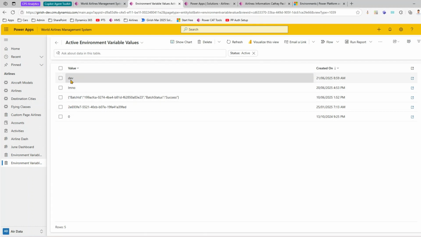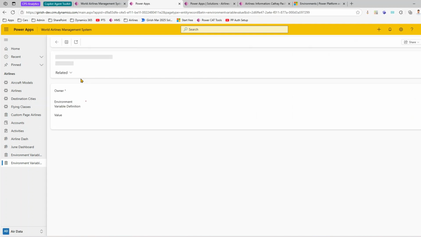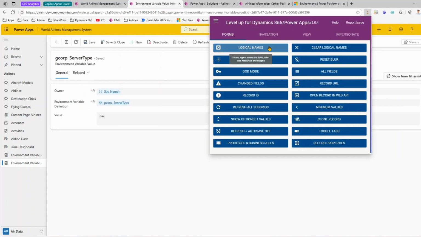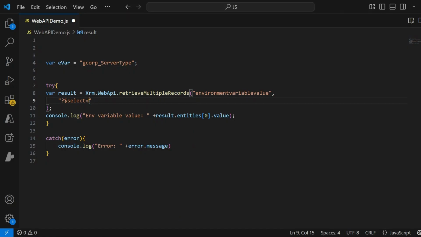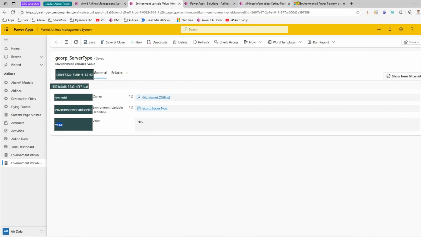Now if you see this value, if I go inside say this record, and if I use the level up tool, I can see environment variable definition id and the value as the value name, right? And that's why I know I want to extract the value, and I'll go into the code and I'll say show me the value. But we need to pass some parameter like value of what. We need to expand into a table. So expand the table, environment variable definition id, because if you see the structure over here how it is structured,